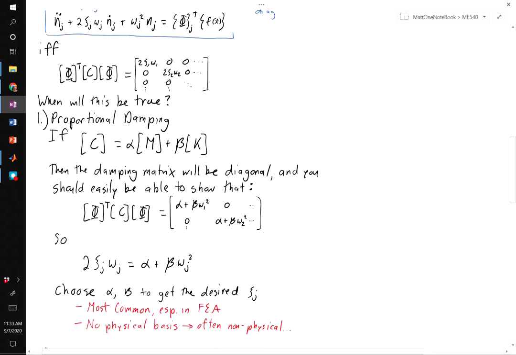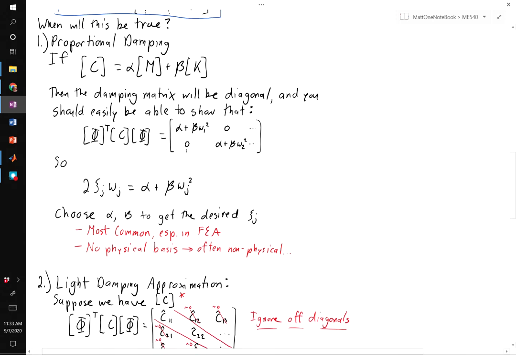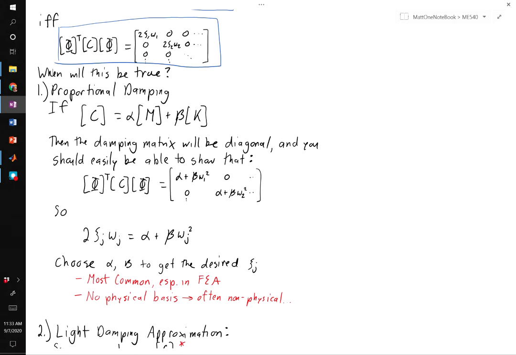Alright, so the question for today is, when is this a good assumption? Or how can we realize that in practice? And there are a few different cases under which this can occur. The first one is called proportional damping. And in this case, we use the properties up above to show that if our damping matrix is a linear combination of the mass and stiffness matrices, where alpha and beta are constants,